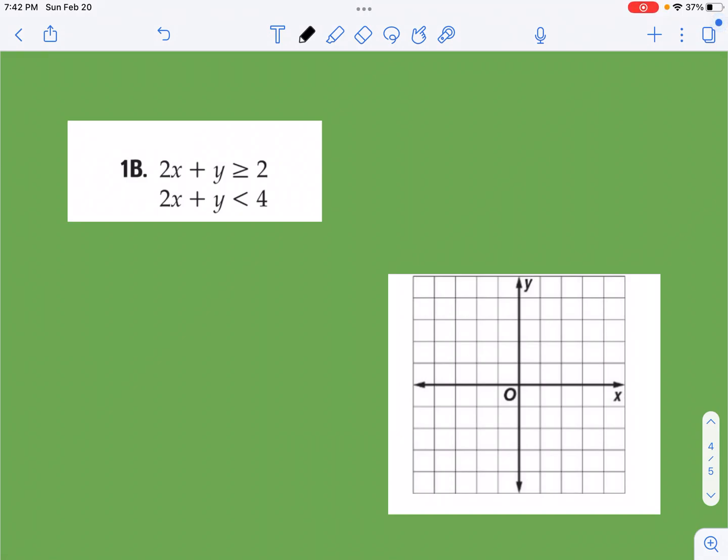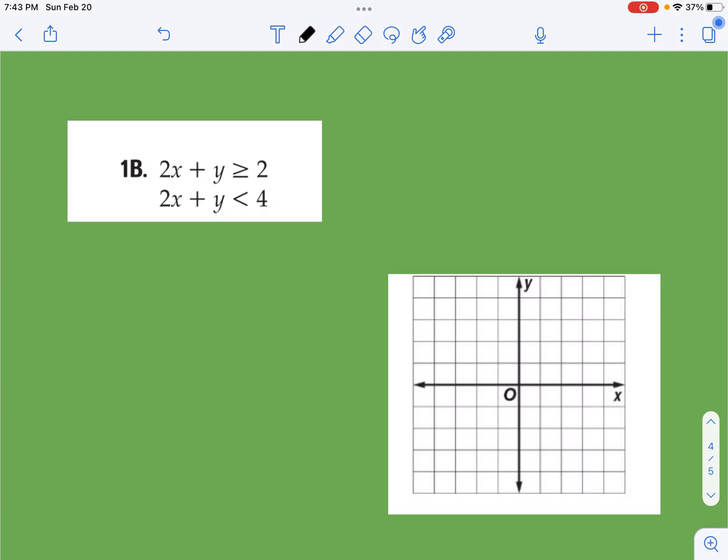All right, now let's look at another situation here. If you look at these two inequalities, we have 2x plus y is greater than or equal to 2, and we have 2x plus y is less than or equal to 4. So before we even graph this,